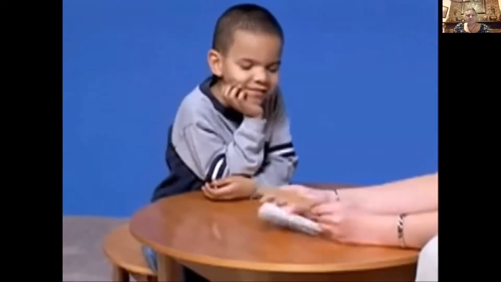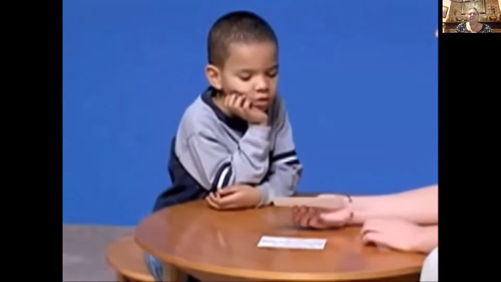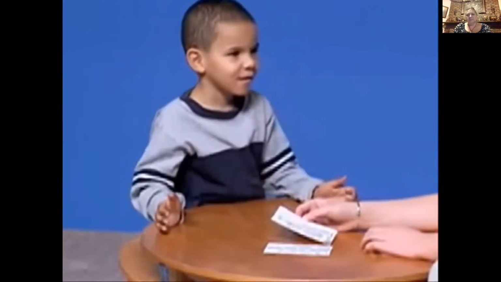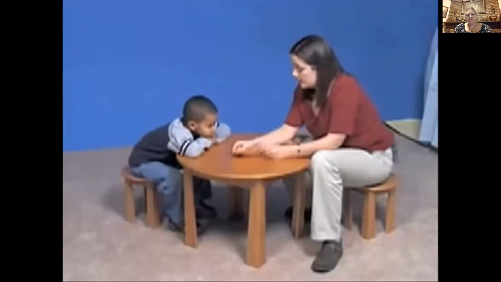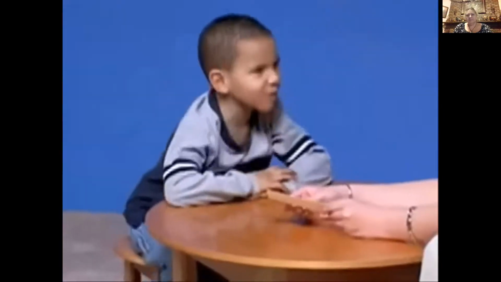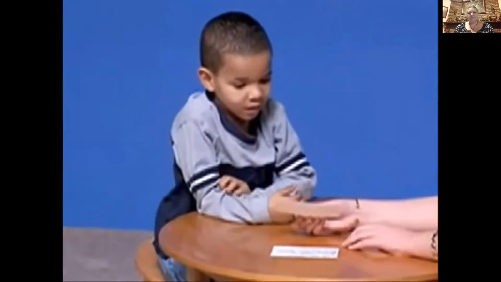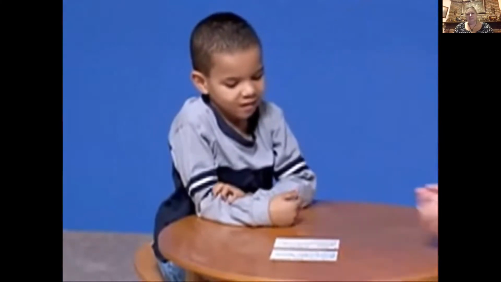It says, if you hit a glass with a hammer, the glass will break. I knew that. And then this one says, Dawn hit a glass with a hammer. I knew that too. So what happened to the glass? It broke. Why did it break? Because the hammer's hard. If you hit a glass with a feather, the glass will break. No, it won't. And this is the second rule. Dawn hit a glass with a feather. What happened to the glass? Nothing. Nothing happened? Why didn't anything happen? Because the feather was soft.